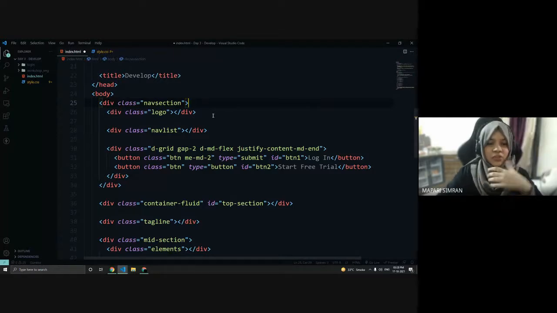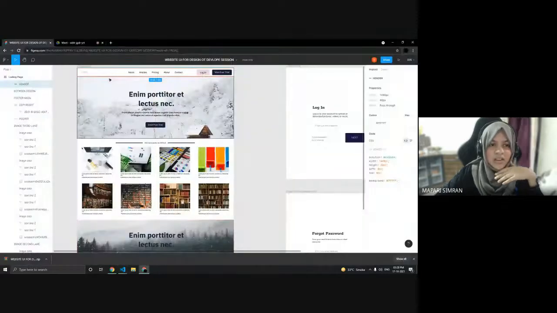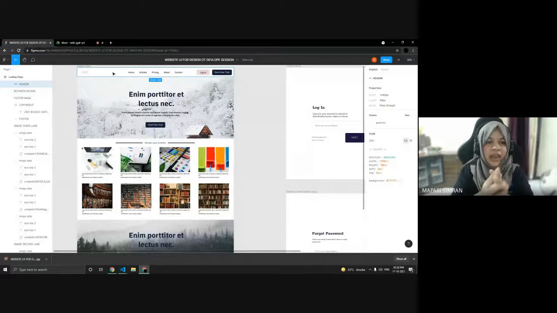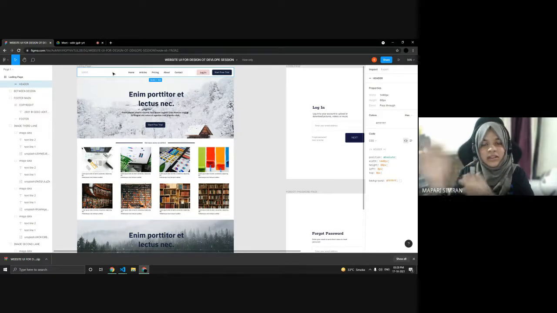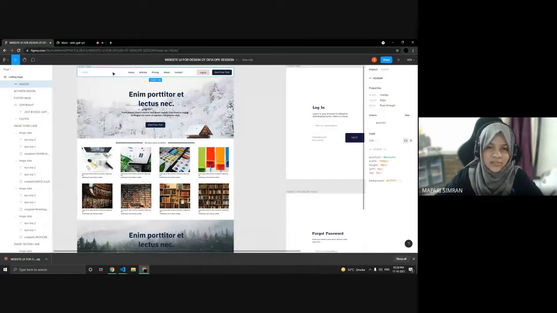You can see here we have a nav section, and in that we are having a logo. In between we have some links, home, articles, pricing and all. And at the extreme right side there are two buttons, login and start free trial.